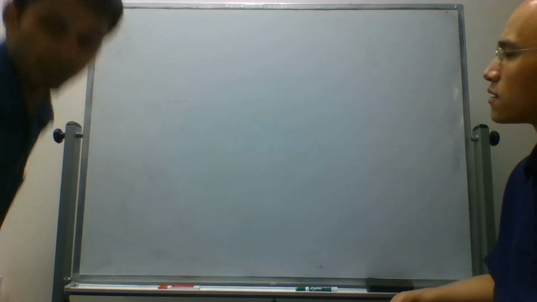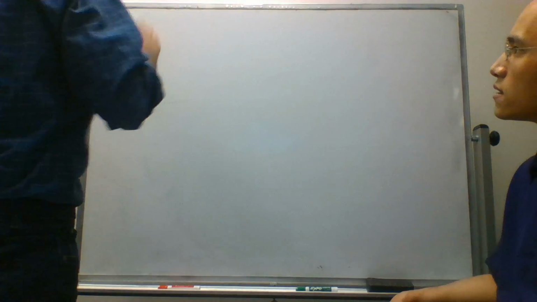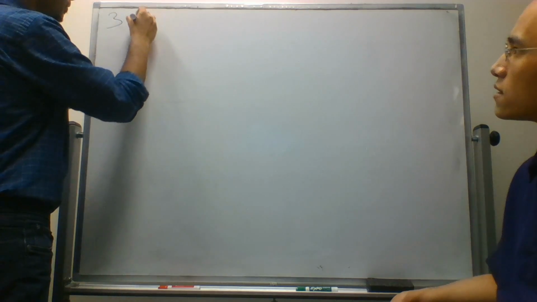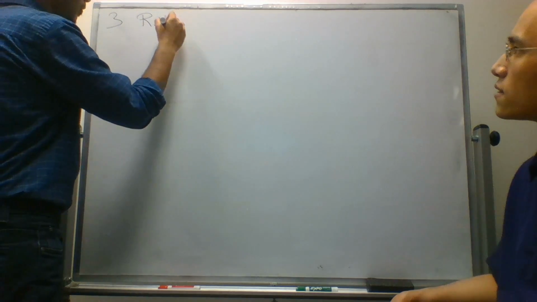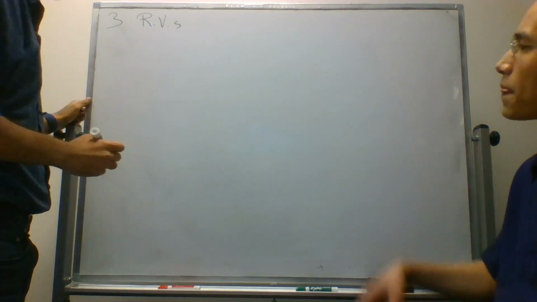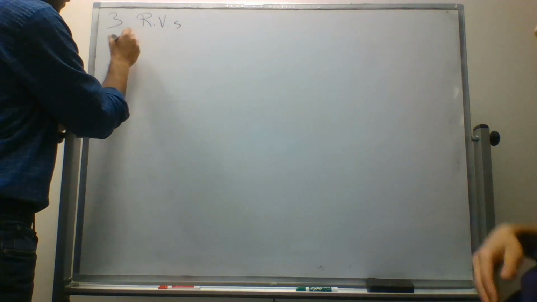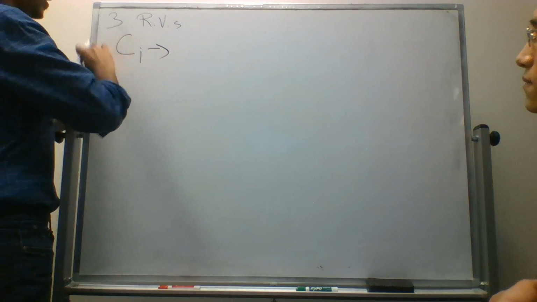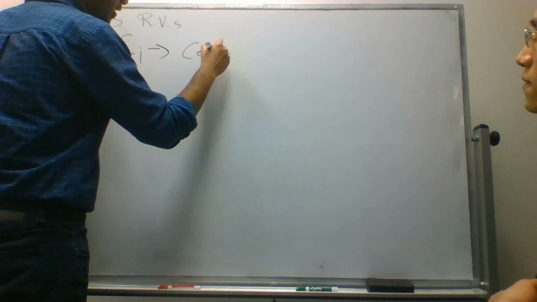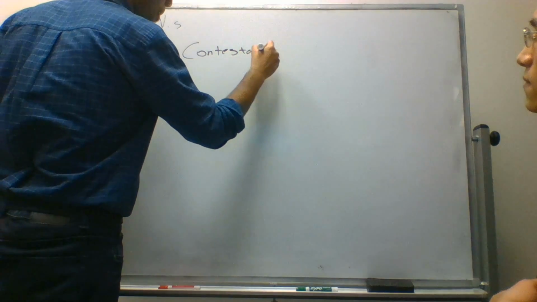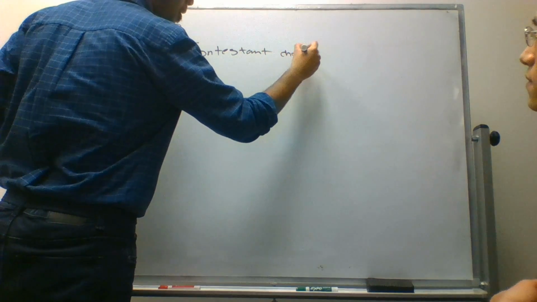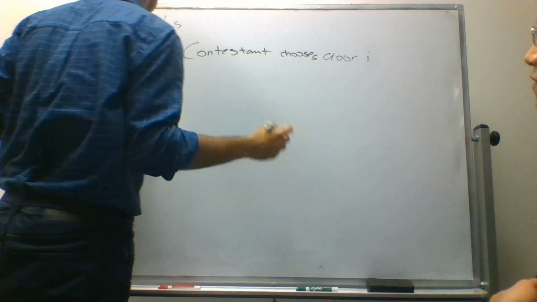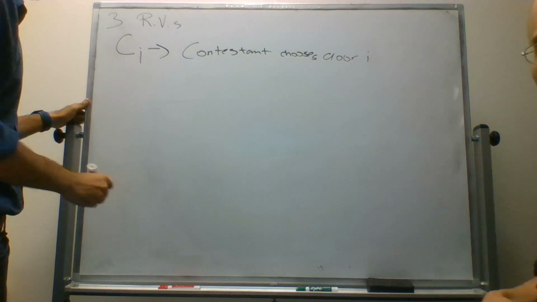Okay, let's establish what we know. First of all, we have 3 random variables at work. C of I, contestant chooses door I. And then we have